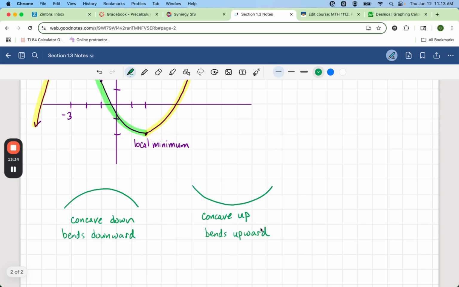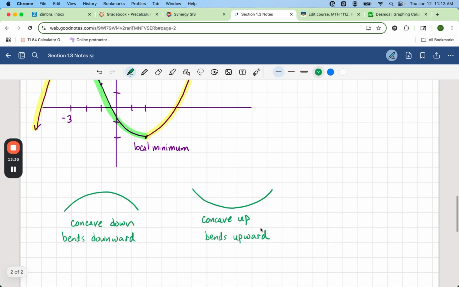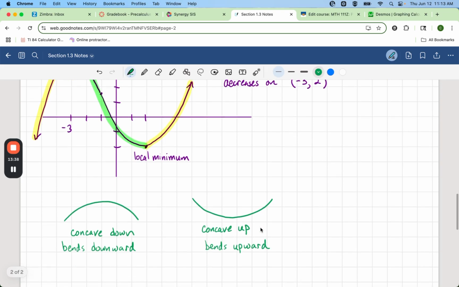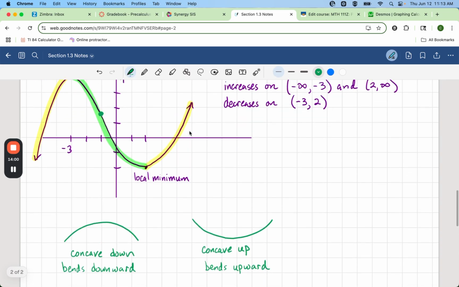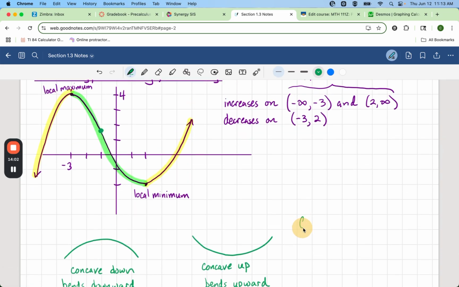All righty, so if we look at the graph over here, we look at the portion from -infinity up to this point right here, right? That point I just put a dot in. The graph bends down all the way until we get to that point. Then at that point, the graph starts bending up. All right? So we are concave down